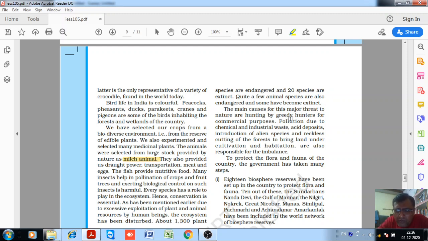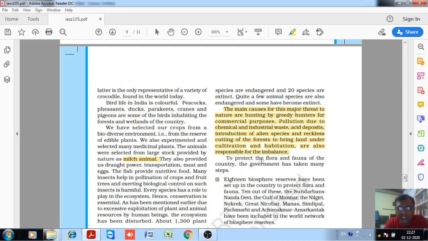The main causes for the major threat to nature are hunting by greedy hunters for commercial purposes, pollution due to chemical and industrial wastes, acid deposits, introduction of alien species, and reckless cutting of the trees or deforestation to bring land under cultivation and habitation. This is a very important paragraph, that why we need to conserve the plants and animals, because human